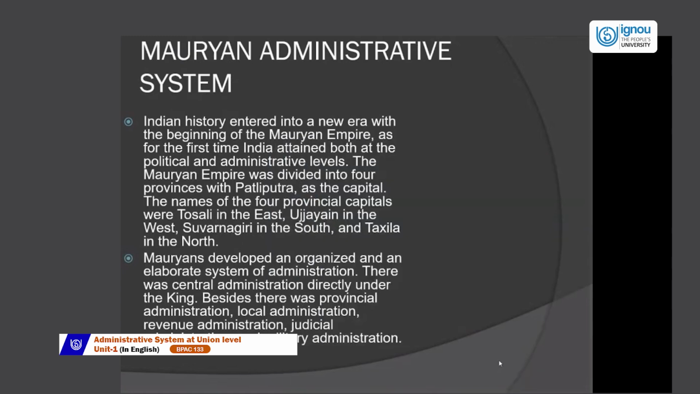The administration was centralized directly under the king. So central administration was definitely there, directly under the king. However, besides the central administration, there was provincial administration as well, local administration, revenue administration, judicial as well as military administration. So we're going to focus on all these aspects, the provincial administration, the local administration,